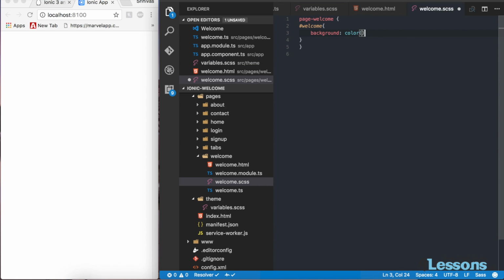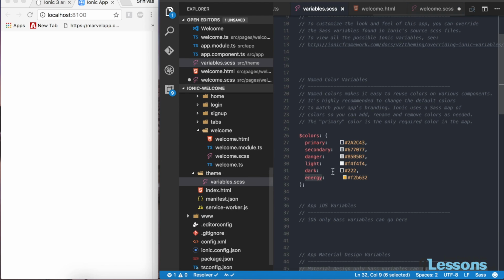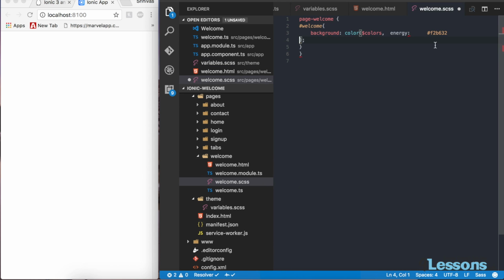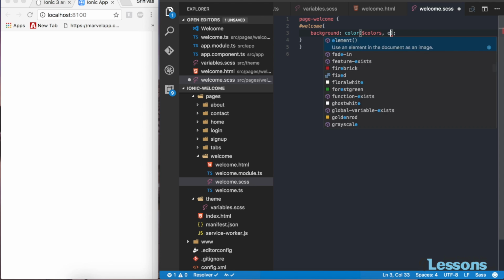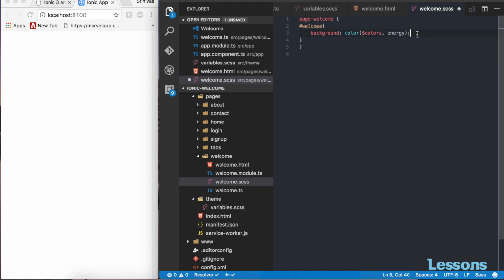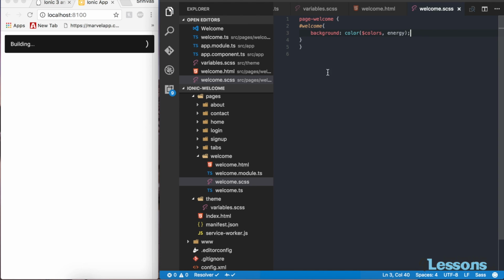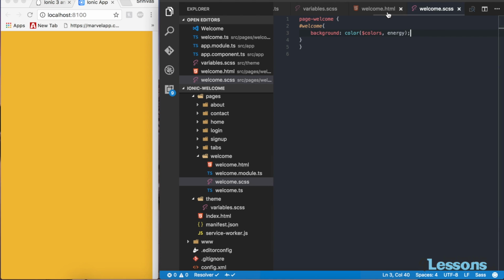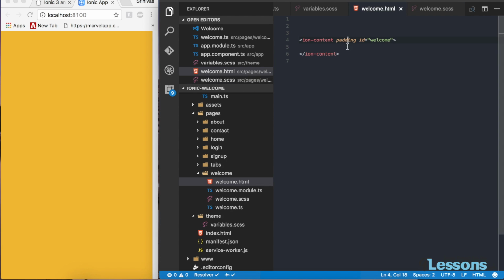So you have to design this way, like I'm just calling the variable called colors, and this is what colors I'm going to apply. This color is called energy. So let's save it. I've just applied a yellow color here, and now I'm going to add some text like an h1 tag, and